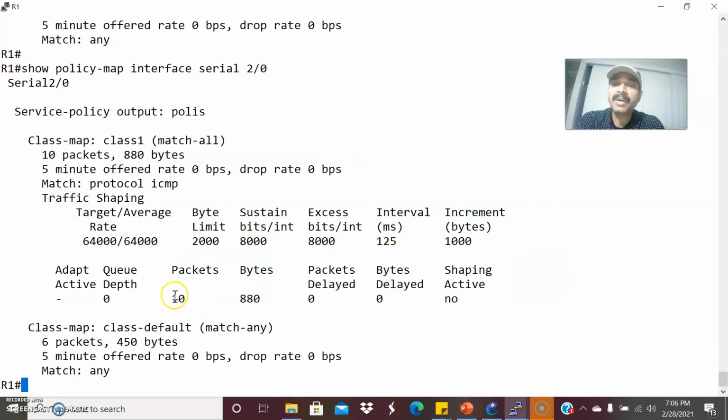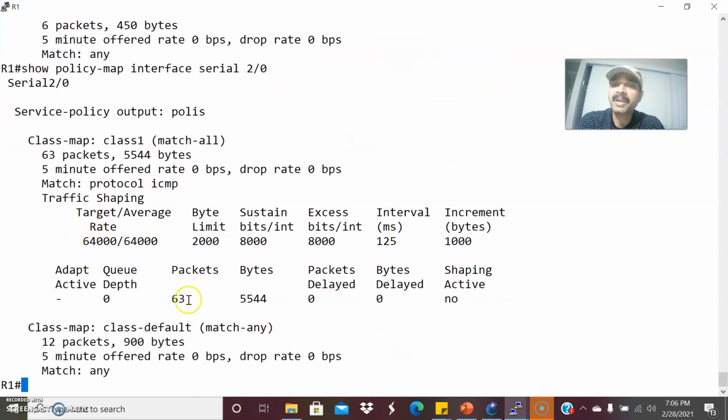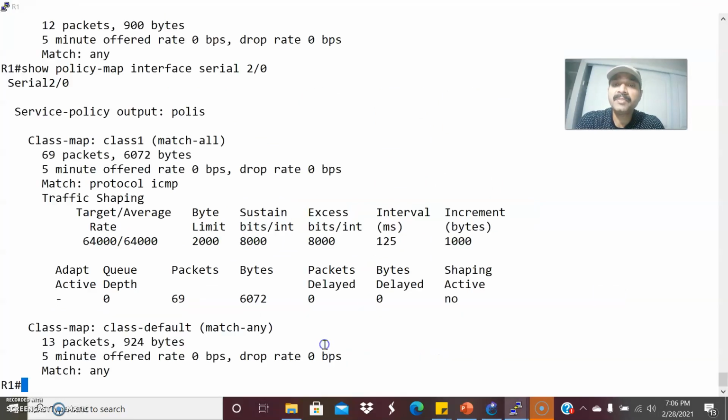So now the total number of packets that entered the shaper is 10, in bytes format. What happened is that when it started buffering the data, you can see the packets and bytes delayed, and you can also see the shaping is active. You are seeing the shaping rate, number of packets and number of bytes entered. So this is a very simple example of how to configure shaping. It is only the average bit rate. We can also send the excess traffic, for which we have to configure the shape peak command. I'm going to show in the next video how to configure the excess burst.